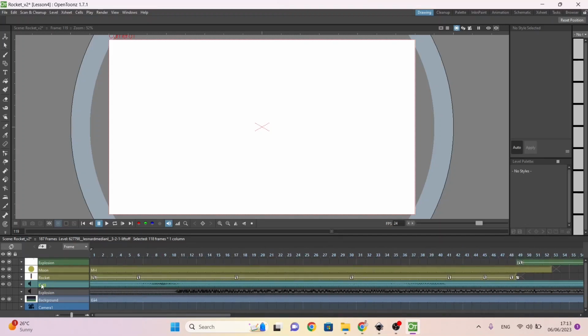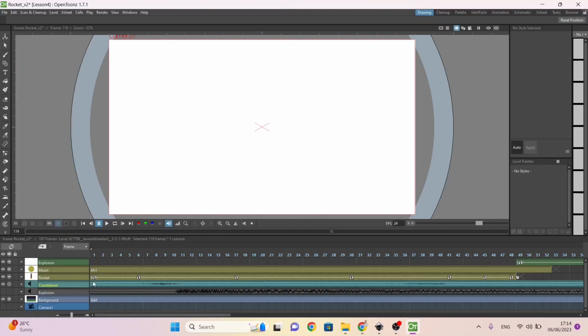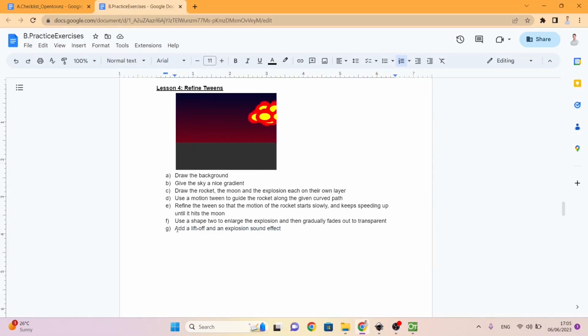And we're going to rename this to countdown. And then next, we want to move all of these levels so that the timing is right. Okay, next, in the final thing of this lesson, which was actually quite a long one, we've got one more